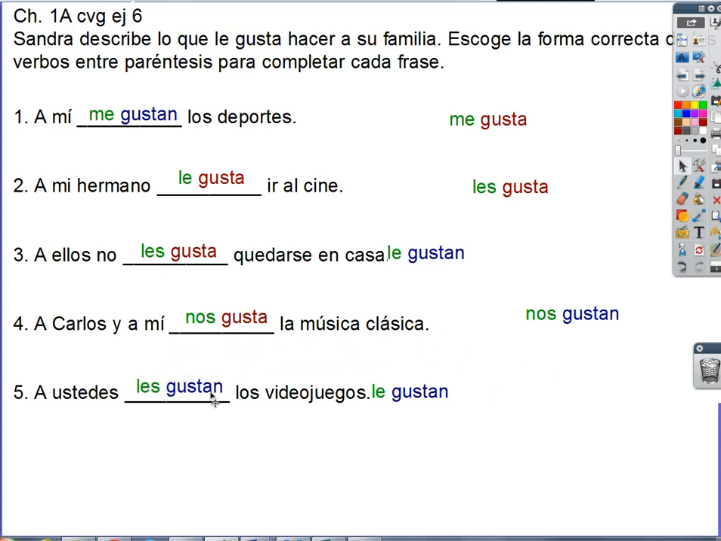And why is it gustan? Because video games. Video games are pleasing to you guys. They are pleasing to you guys, so gustan. Hopefully you guys got those right when you were trying them on your own. Moving on again,